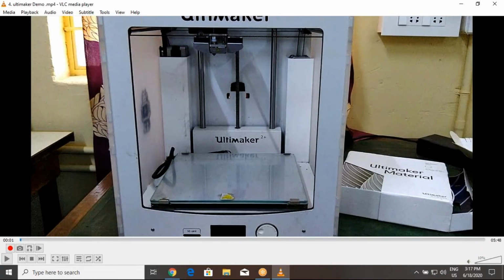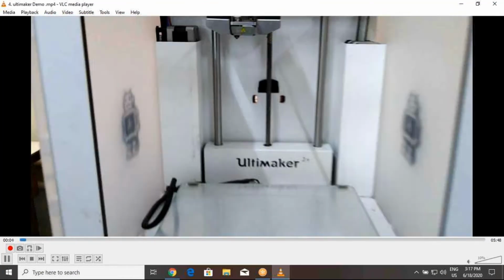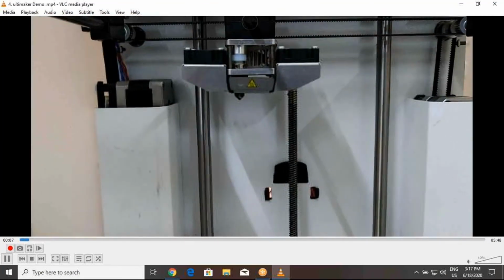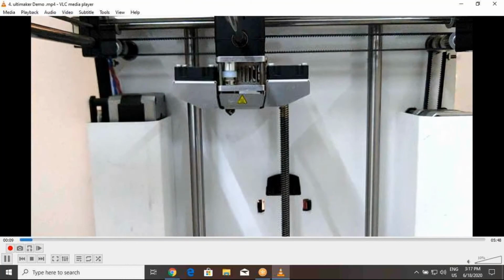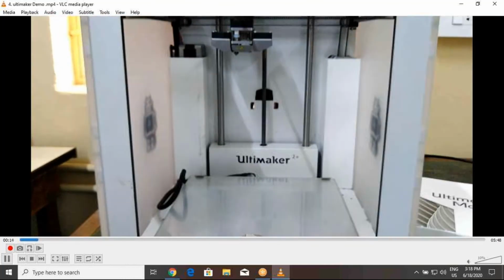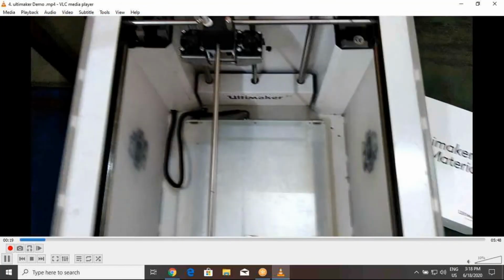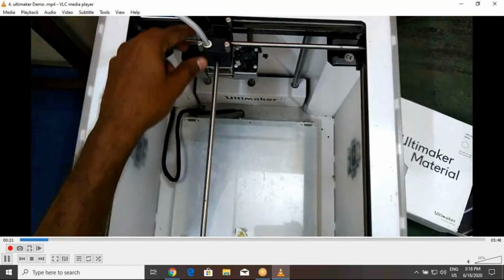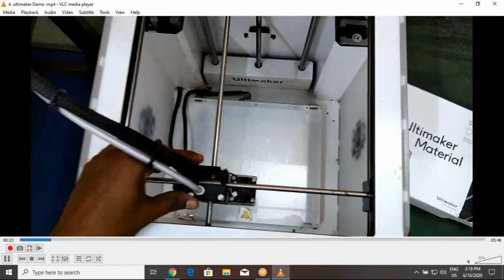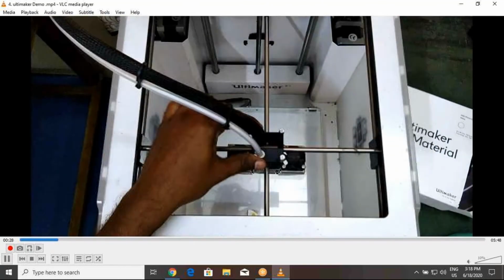Now we move on to the Ultimaker demo, which we have at NIT Warangal. This is the Ultimaker printer which we have here. We can see the various parts. This is a nozzle, which is a swappable nozzle, that means we can adjust the nozzle. The vertical one indicates the movement, where a vertical screw is there. In the top view, we can see the X and Y axis movement, which is controlled. We are showing this just for understanding purposes.